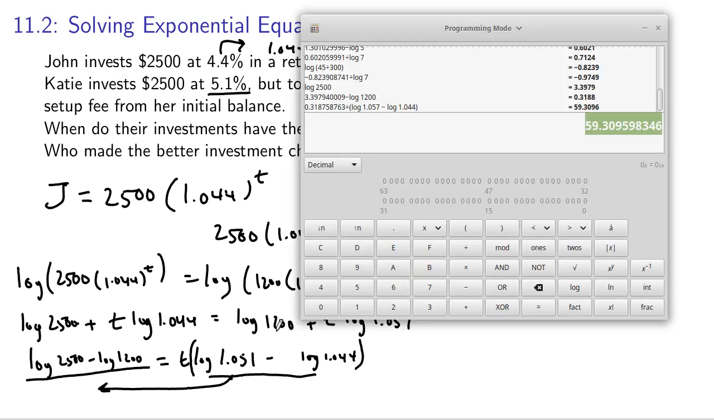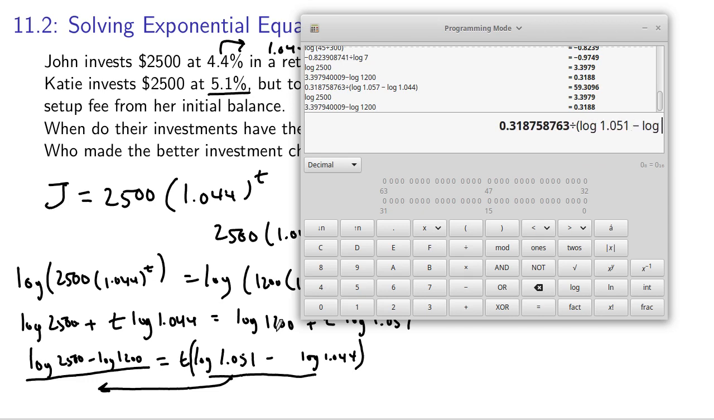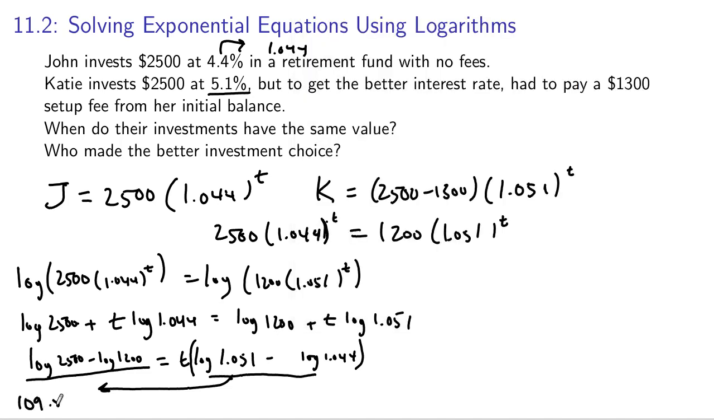So let's go back to the calculator and do this again. So we have log 2500, that didn't change, minus log 1200 divided by the log of 1.051 minus the log of 1.044. And that's 109.83 years. Okay, so you can see it takes a long time for these to have the same balance. So that was doing it the way of taking logs first. Let's try over here